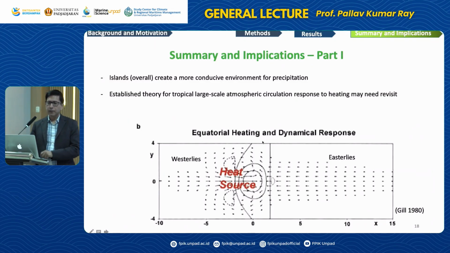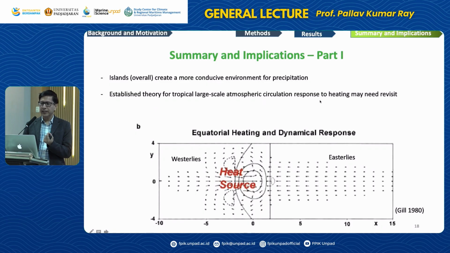So from here, this is just the summary of the first part: the islands overall create a more conducive environment for precipitation. So if all the islands are joined together, then there will be a lot more precipitation. Similarly, because of global warming, if some of the coastal areas are inundated, then the precipitation will actually decline significantly over the maritime continent. And this is very theoretical, the second point,